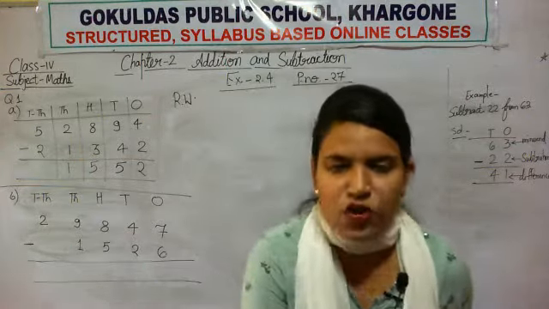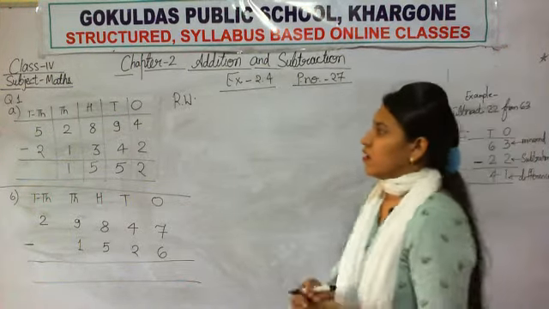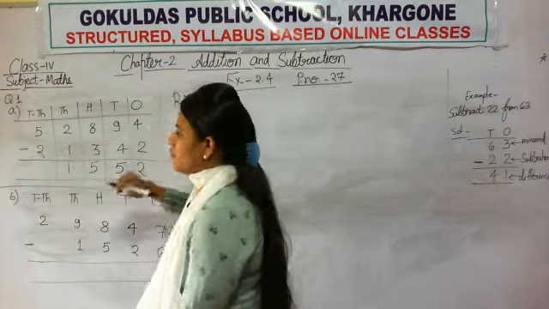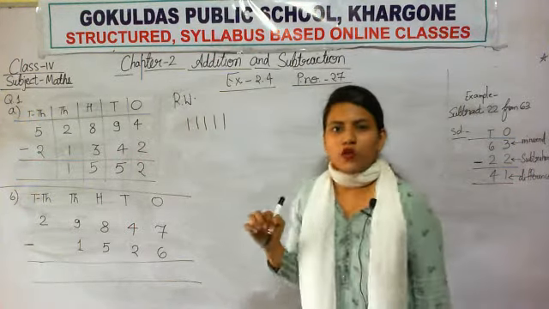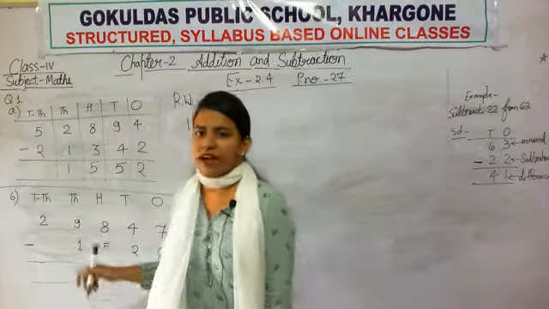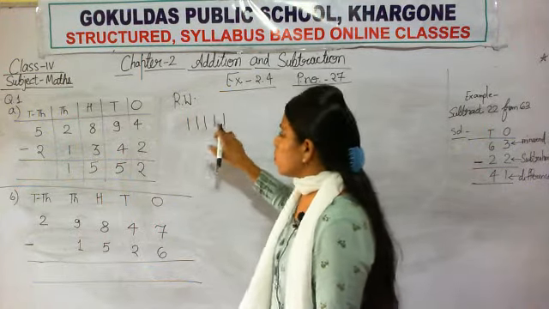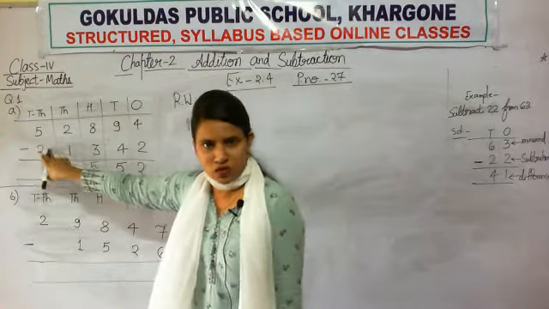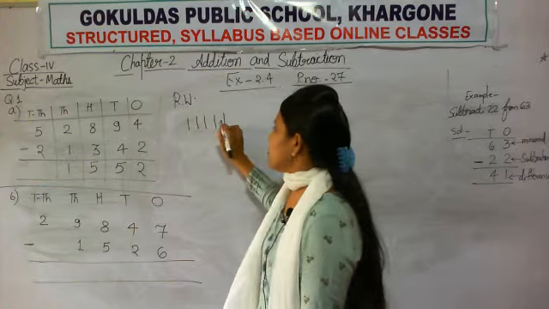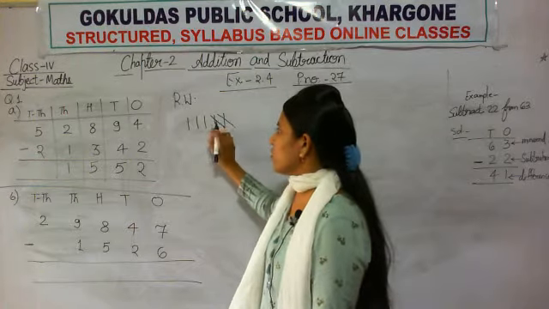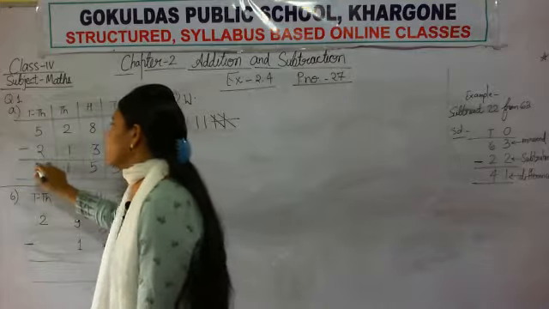Now see the last column, that is the 10,000s column. The larger number is 5. So draw 5 sticks. 1, 2, 3, 4 and 5. You want to subtract 2 from the 5. So remove 2 sticks from these sticks. 1 stick and 2 sticks, you removed. How many remain? 3. So write 3 in the